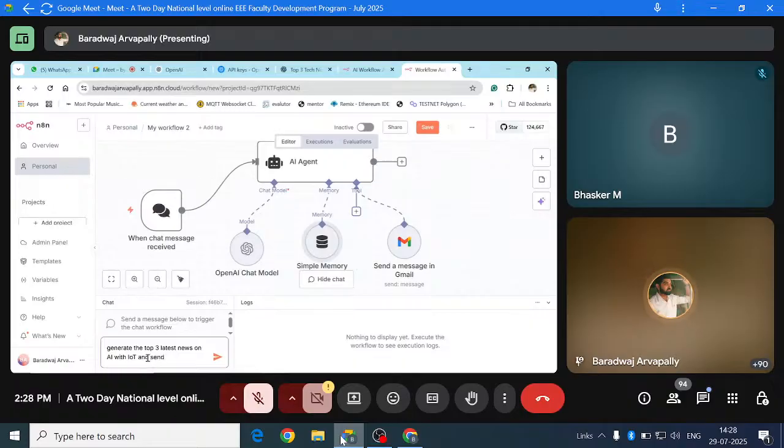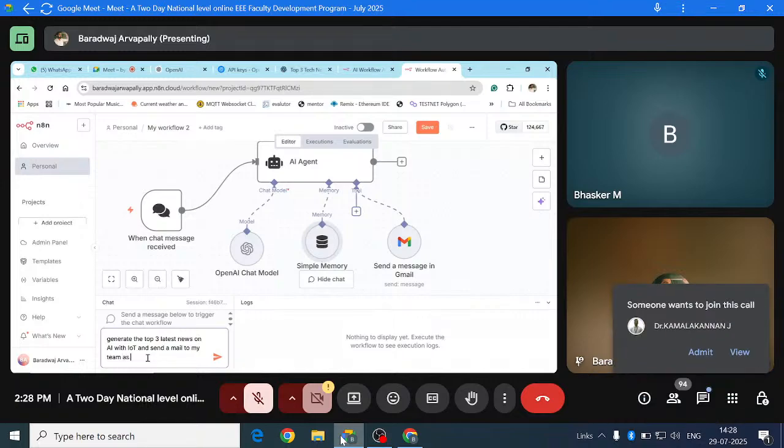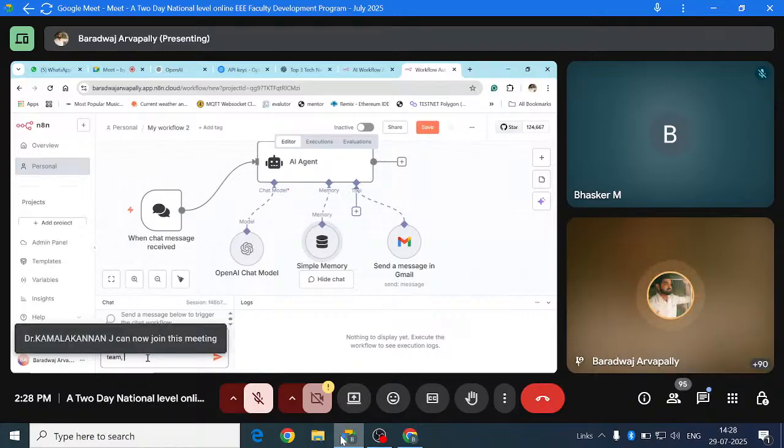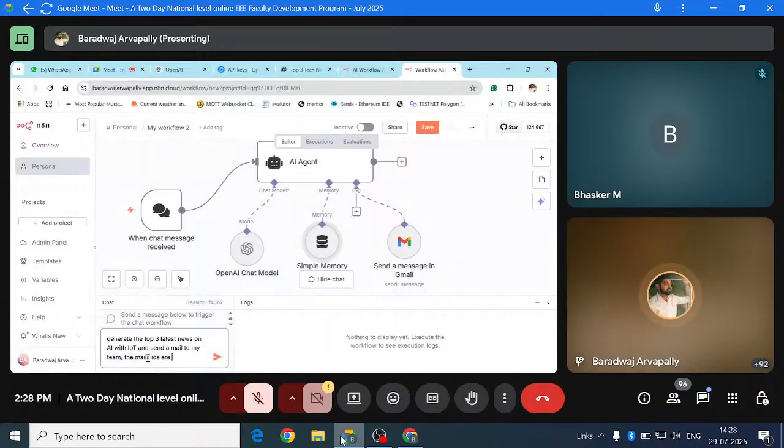And send a mail to my team. So we can give the mail IDs here. The mail IDs are